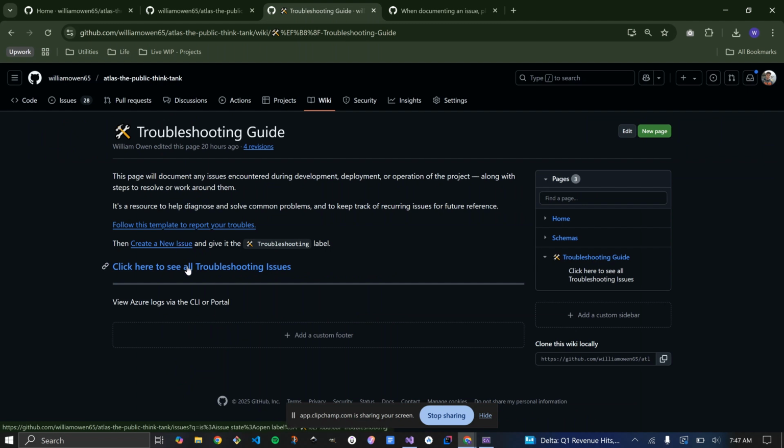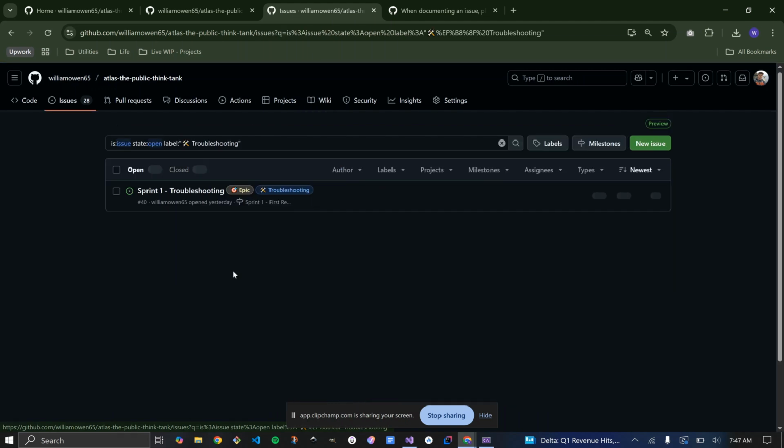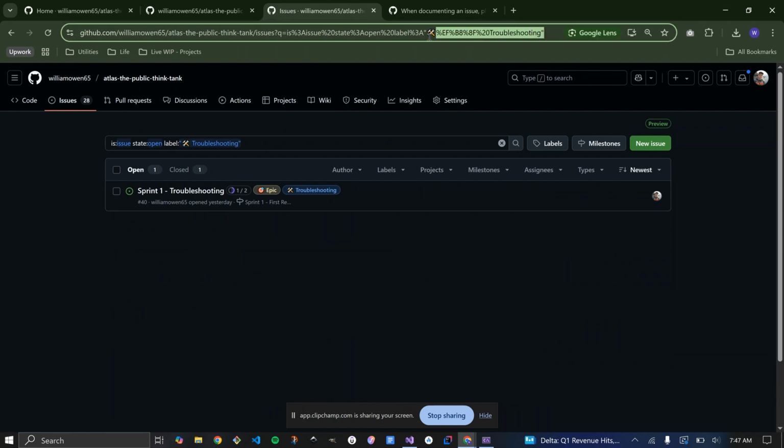This button, click here to see all troubleshooting issues, goes to the issues panel and adds this label, which you can see in the URL. I have a label for troubleshooting, so you could use that link and you'll see a bunch of different posts about troubleshooting.